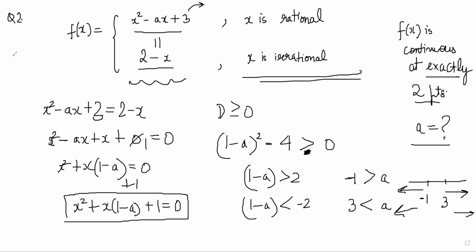Then question number 3 is... 1 second. Wait, I cannot read it very nicely. F from R to R is a positive increasing function